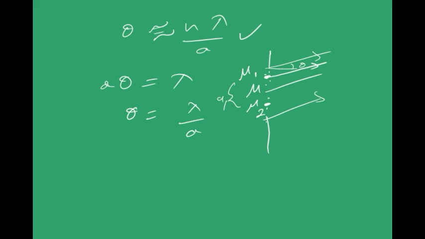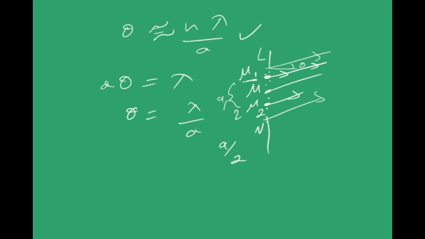Is this fine? Because this is L and this is midpoint M and this is N. The whole slit width is a. So for every point M1 in LM, I can find a point M2 which is at a distance of a by 2 from M1,